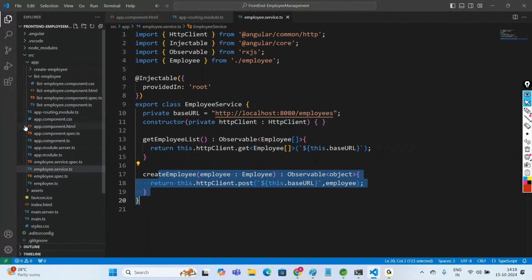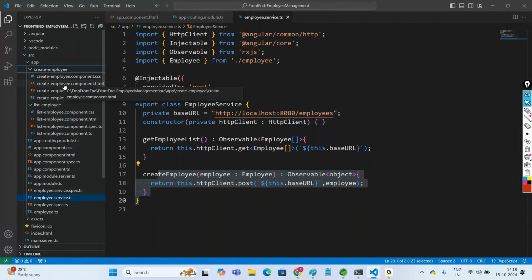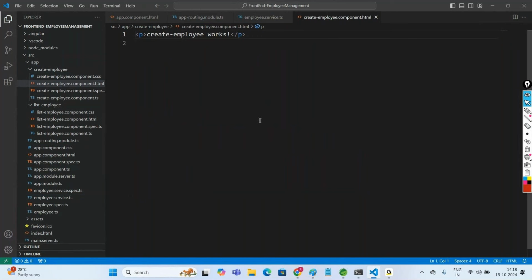Now coming to this create employee component. Here let us go with this create employee component.html, where we are going to design an Angular form which is going to accept employee details, like name, designation, and salary. Let us design the form here. Create a division. Let us go with the bootstrap class equal to